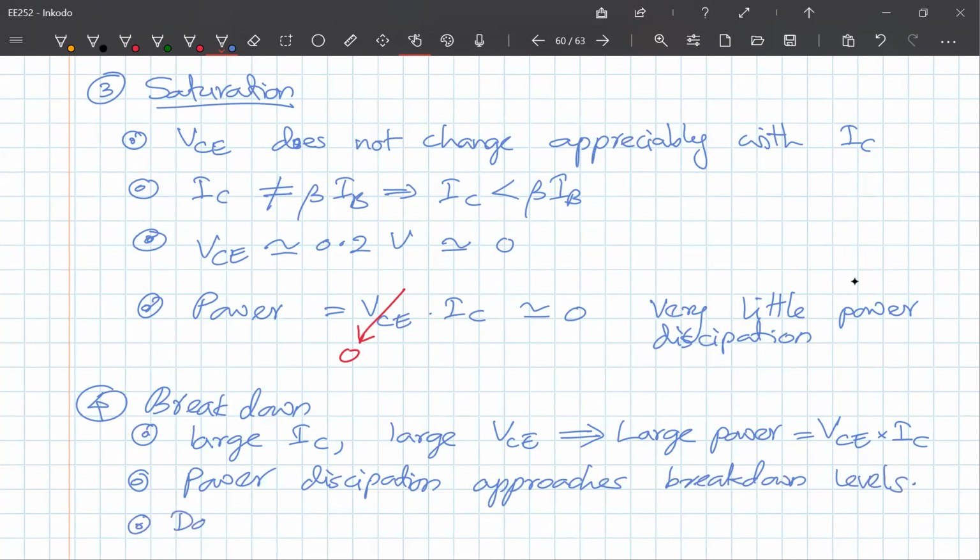IB times beta is not equal to IC. Okay. In fact, IC in this case is much bigger than beta IB. Okay, so that is why it goes into meltdown. Okay, all right. So let's stop this class here, and we'll